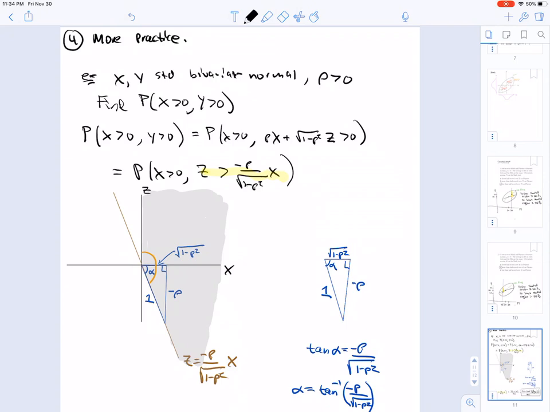That's a bell shape distribution, and so we can pretty easily now find the probability that x is greater than 0 and z is greater than minus rho over square root 1 minus rho squared times x. So it'll be the proportion of the plane shaded in the gray. And so that will be the fraction of the angle